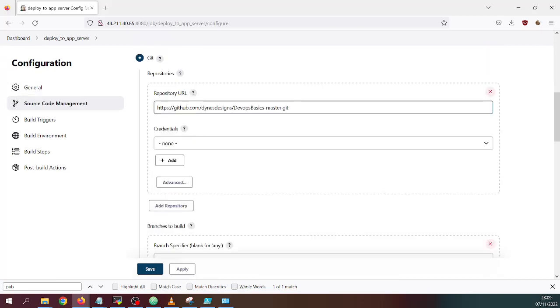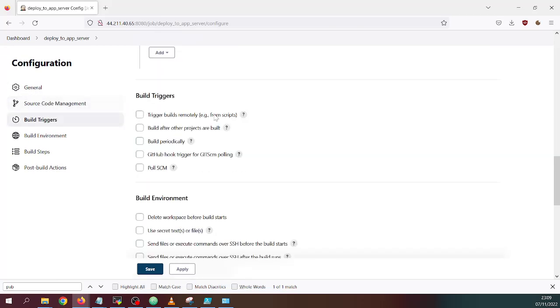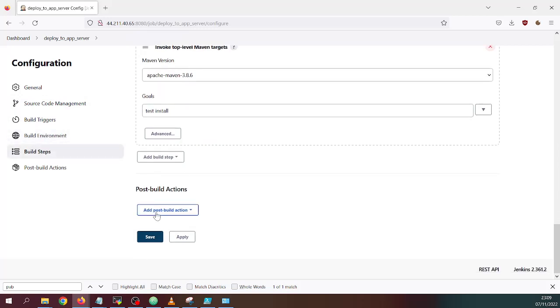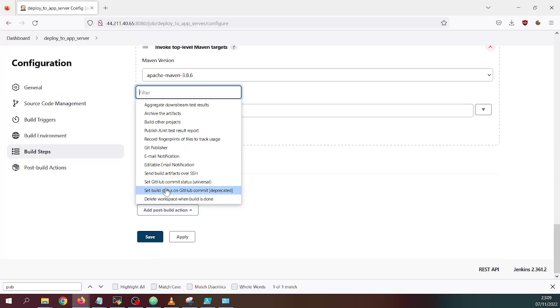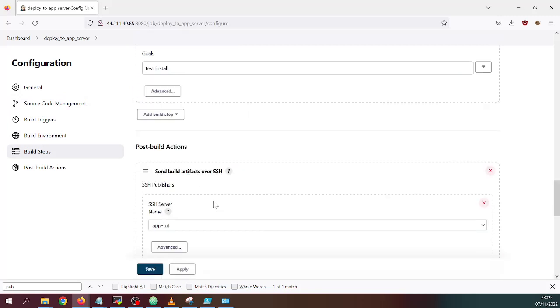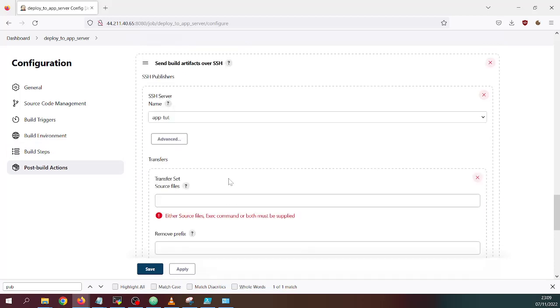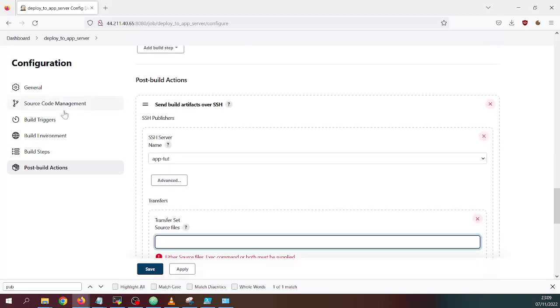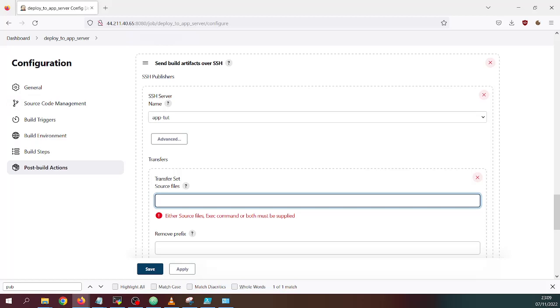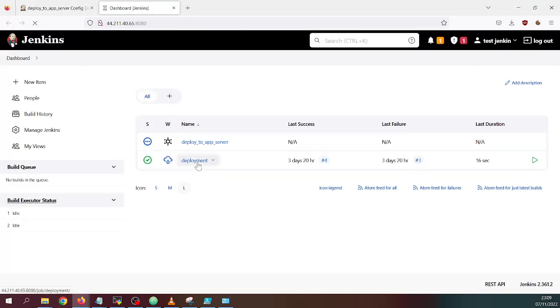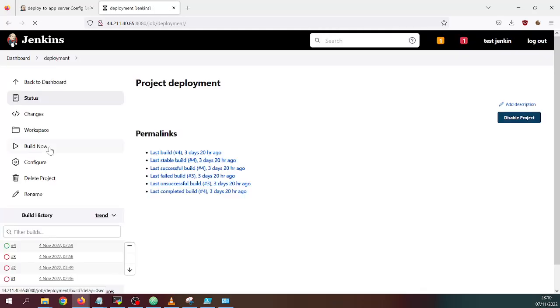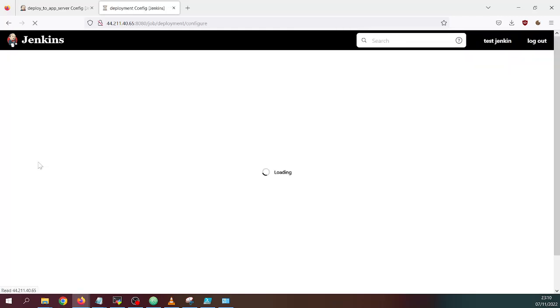Okay, so we have everything already filled in from our GitHub repository and Maven and everything. But we want to add a post build action, and what we want to do is send our artifact over SSH. So we have the app name in there, and now we have to define our source files. The easiest way to do that is to go to our dashboard and find the deployment job that we already created, and in deployment, not configuration,